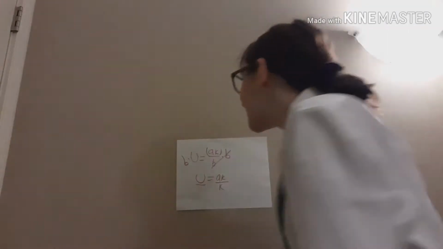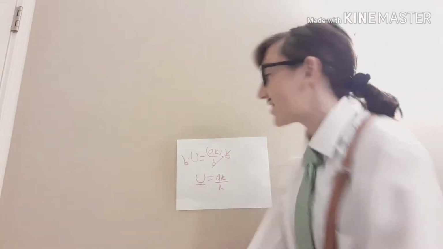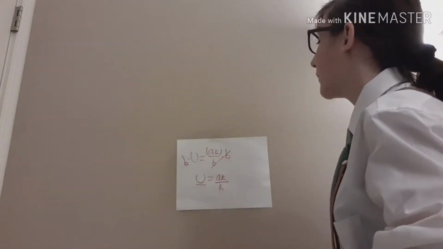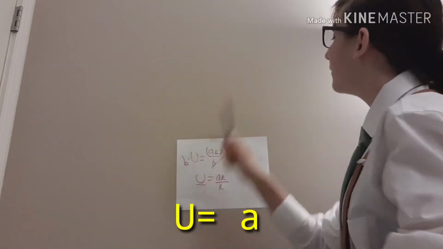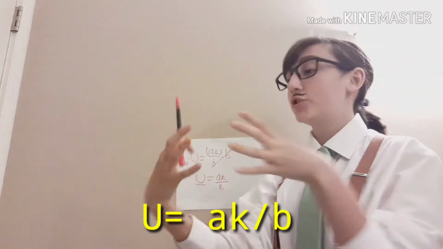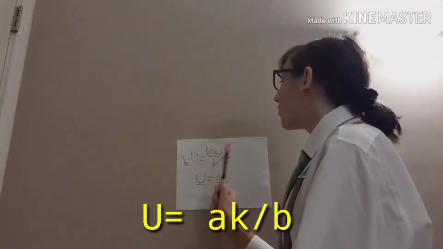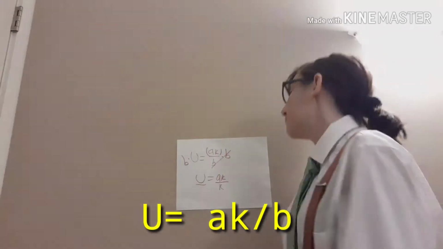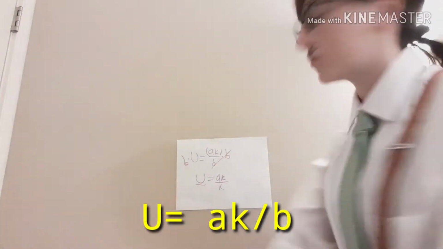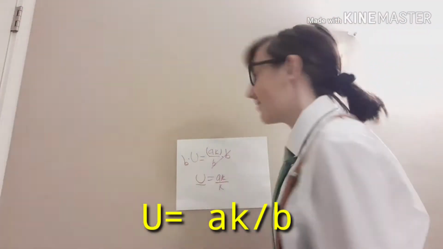Alrighty, welcome back. Now we'll be doing a literal equation instead of our previous linear equations. But I'll just give a quick example before we get into it. So this is a literal equation, and what we have here is u is equivalent to ak over b. Now we all know that when a number and a variable, or two variables, are together, they are standing for multiplication. First, we all know that this fraction is a division problem, so we have to do its opposite, which would be multiplying. In order to get this alone, we are solving for a, I didn't mention that earlier, sorry,